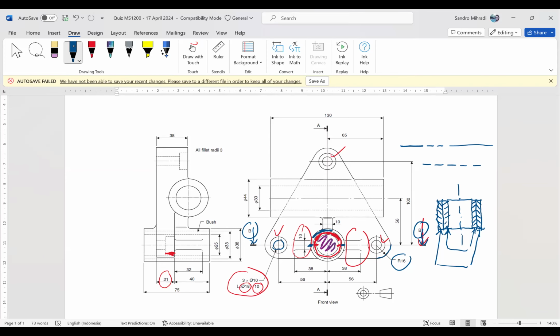Ini kan ada ya. Sebentar, ini saya hapus dulu. Ini kan udah kacau nih. Bentar, saya hapus dulu nih. Saya juga nggak begitu kelihatan nih. Bentar, hapus dulu. Panjang kanan ke kiri. Ini, sini ada nih kan. Ini 56. Nanti plus 16 nih kan berarti. Plus 16. Oke, Pak. Benar ya? Ini kan? Oke. Ada lagi pertanyaan? Silakan.